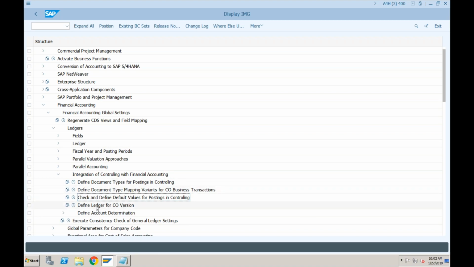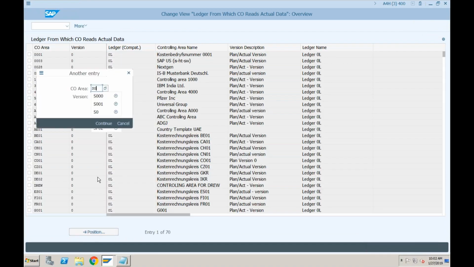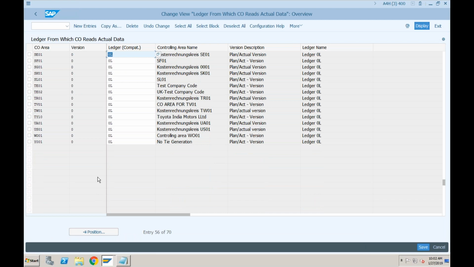Define ledger for CO version. If you open this, let's see if we have the entry for our controlling area 000. Okay, there is no entry. This is causing the problem. What is the problem now is